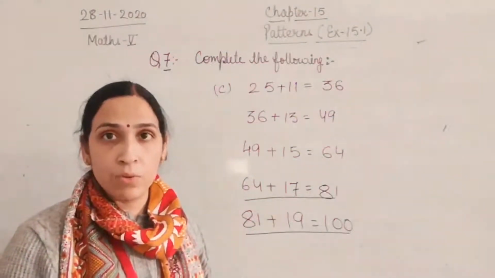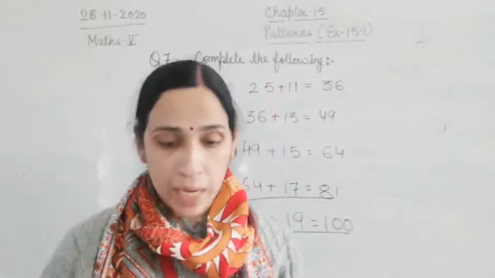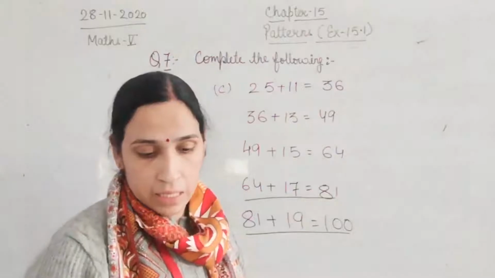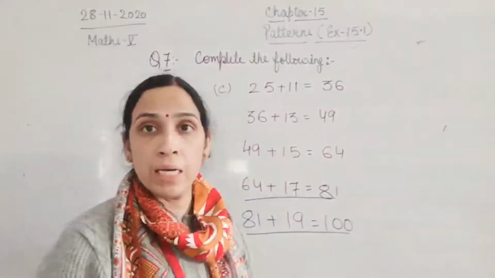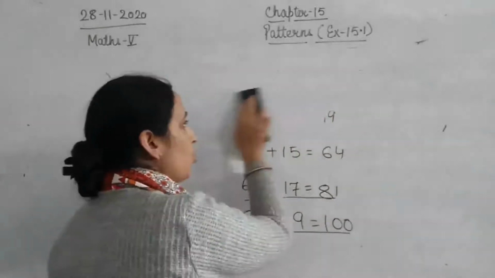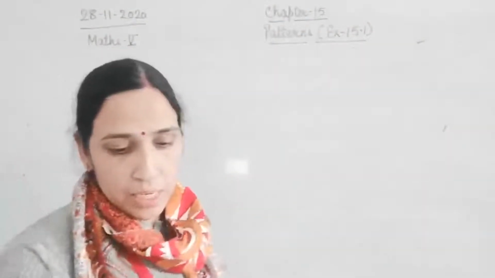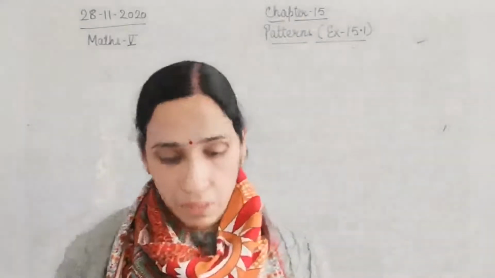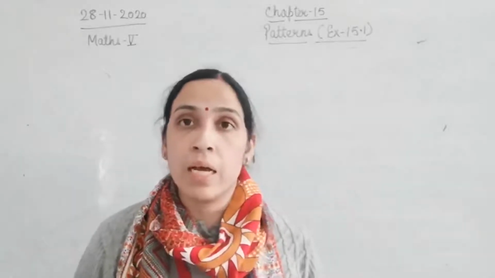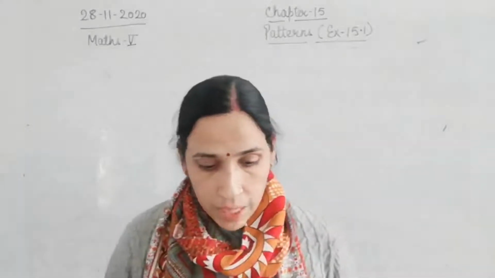Now question number 8. Question number 8 is what? Which of the following may be a square number? So you have been given different numbers and you have to tell me which of the following may be a square number. Square number means like 625. How will you know which number is a square number? Let's see, 625, yes, that is a square number, because it is the square of 25.